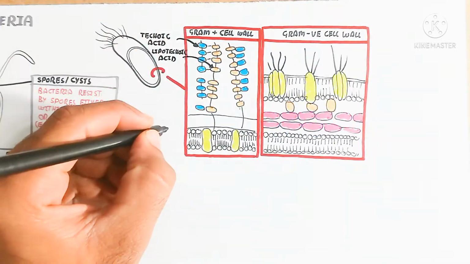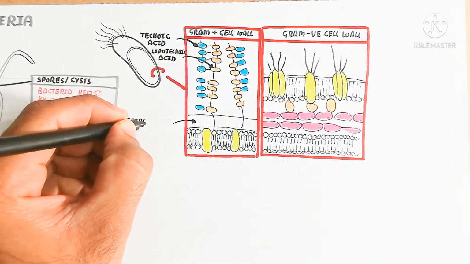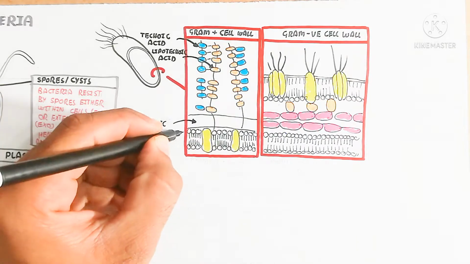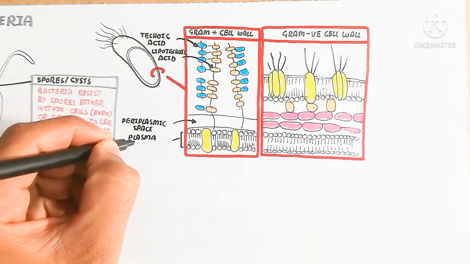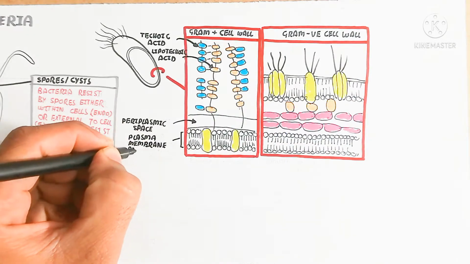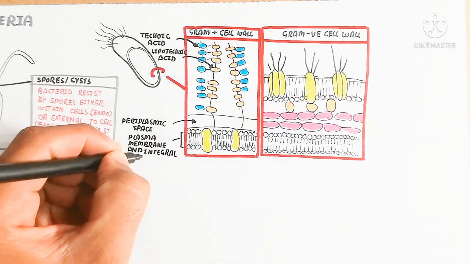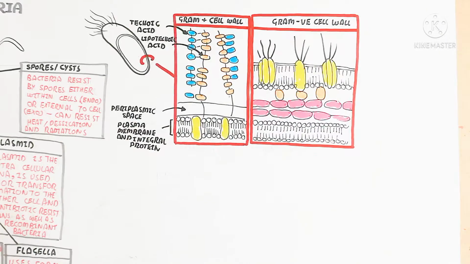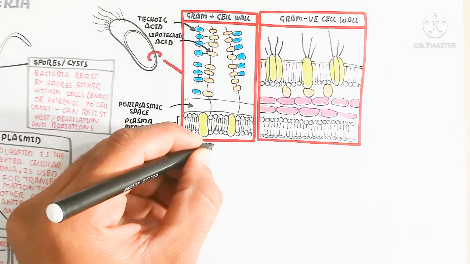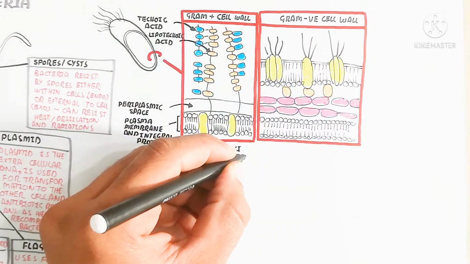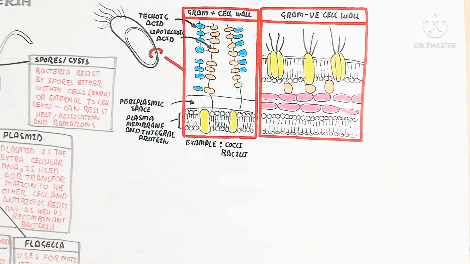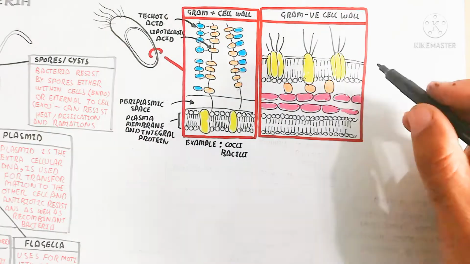that lipoteichoic acid, and here is the periplasmic space, and inside is the plasma membrane, and integral proteins are present, shown in yellow color in the figure. So examples of gram-positive bacteria are cocci and bacillus, while the next is the